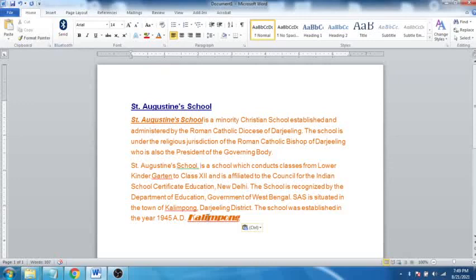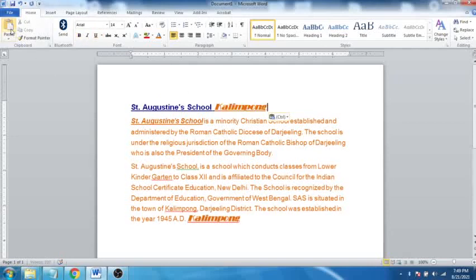I'll just show you again. Select Kalimpong, click on copy. See, when I clicked on copy, the text still remains here. So when I click on paste, I have a duplicate copy. I have Kalimpong here also. I have Kalimpong here. Okay,